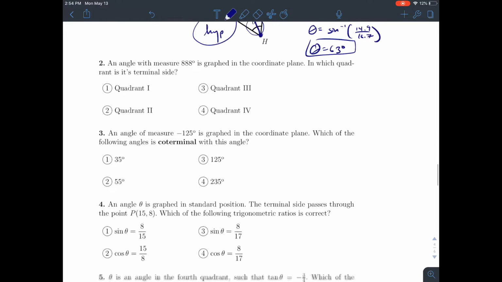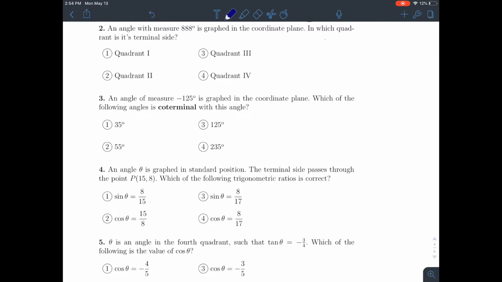An angle with measure 888 degrees is graphed in the coordinate plane. Whoa, 888 degrees, that's a huge angle. We know it's bigger than a full circle, because that would be 360. So if we subtract that away, because we've already used it, that would give us